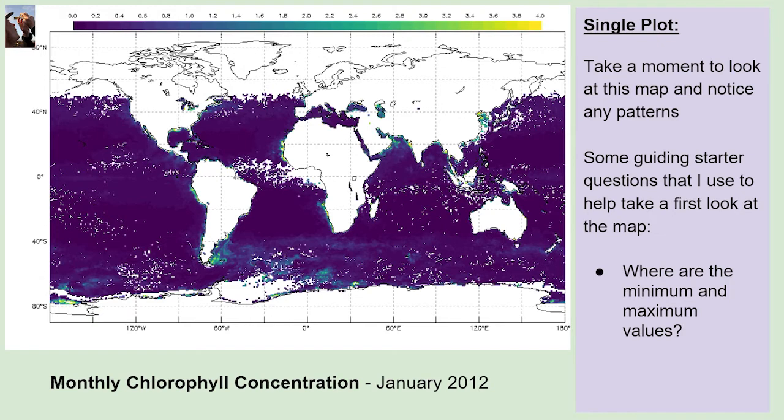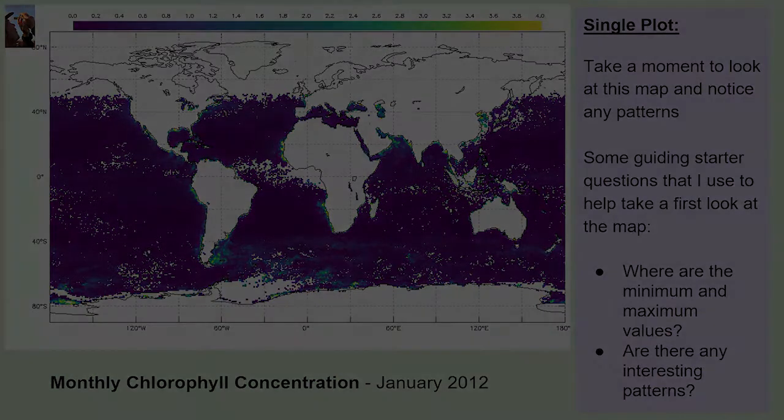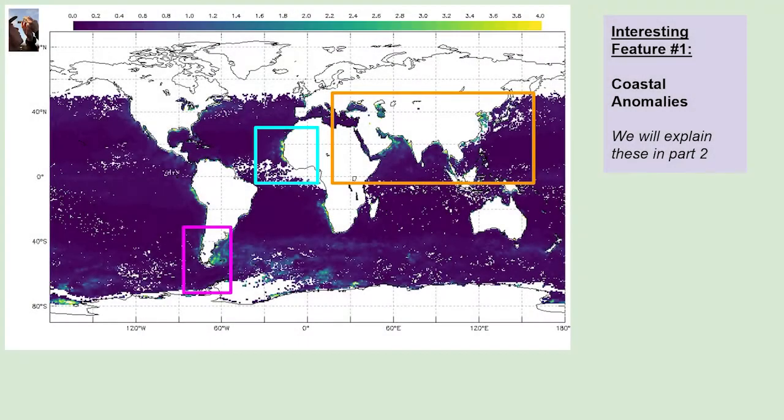Question 2. Are there any interesting patterns or features on the map? I see many interesting patterns that we could talk about in this episode, but I'm going to focus on 4 of them. These 4 patterns, I think, are the most important patterns to better understand the phytoplankton phenomenon. The first set of interesting patterns or features that I see are high